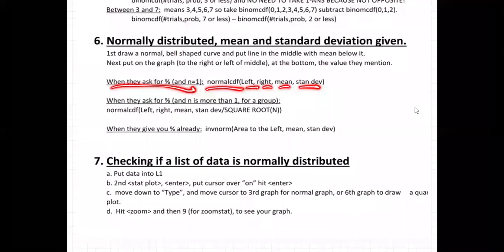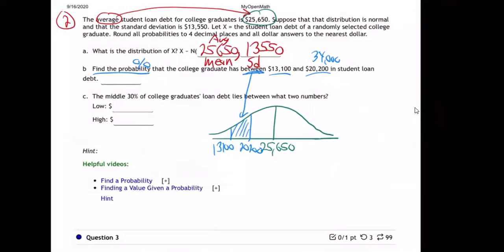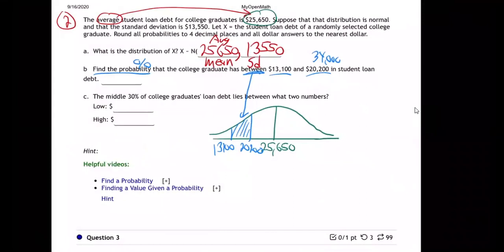Normal CDF, left, right, mean, standard. So here we go. I'm going to do normal CDF, and again, it's left, right,